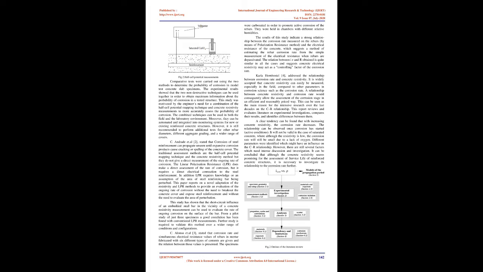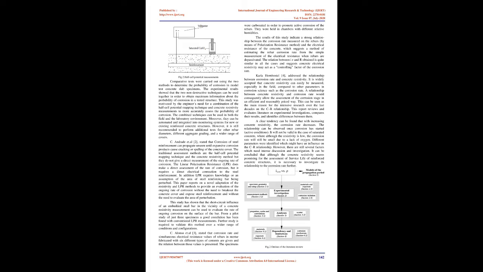Carla Hornbostel et al. address the relationship between corrosion rate and concrete resistivity. It is widely accepted that concrete resistivity can easily be measured, especially in the field, compared to other parameters in corrosion science such as the corrosion rate. A relationship between concrete resistivity and corrosion rate would consequently allow the assessment of the corrosion stage in an efficient and reasonably priced way. This can be seen as the main reason for the intensive research over the last decades